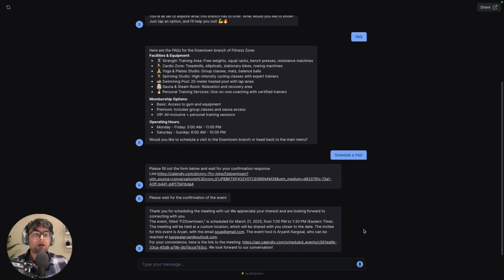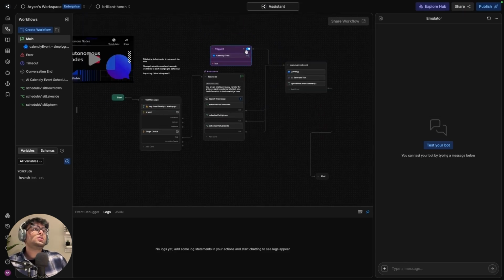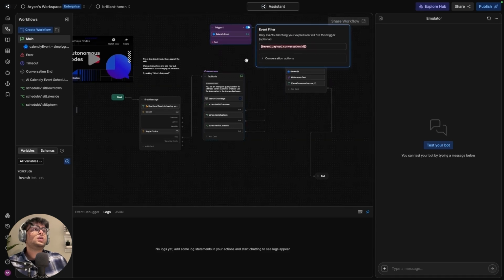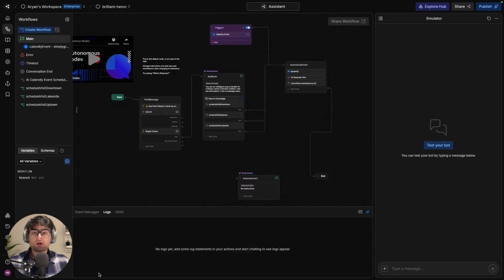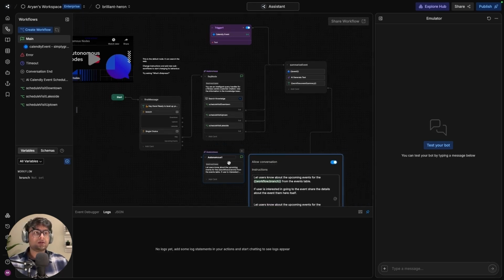scheduling meeting is working. Now we can go ahead and connect all our upcoming events to another node so that the chatbot is also able to inquire and answer queries about upcoming events and help users sign up for that. So let's go ahead and take a look at that. For the upcoming events, what I'd like to do here is create another autonomous node, and we are going to add the instructions to it. Again, we are going to keep our instructions pretty simple. So it will be something as simple as this. Let's name this